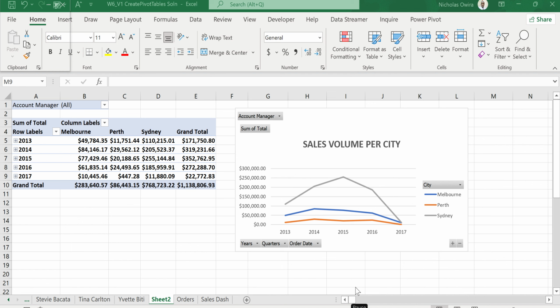Now, from my pivot chart, you can easily filter your data. For example, let us say that I only want to see the sales volume for a particular city. For example, I only want to see sales volume for Melbourne. I'm going to have where we have the city, and for the city you can see we have a filter button. Click into that button,